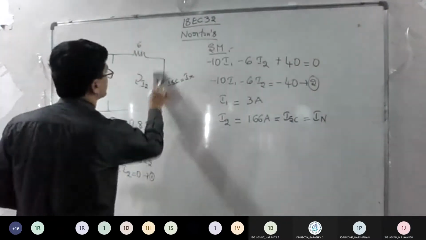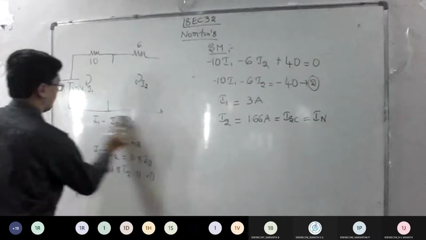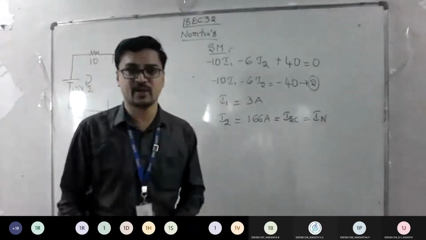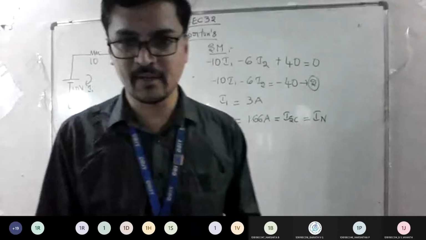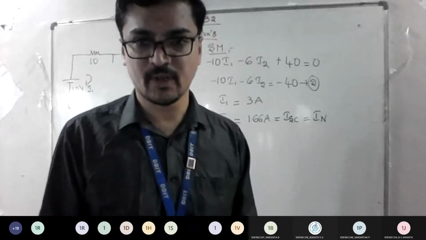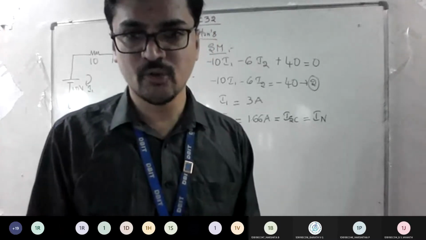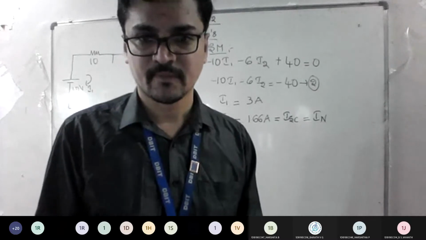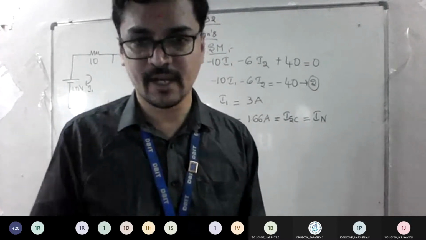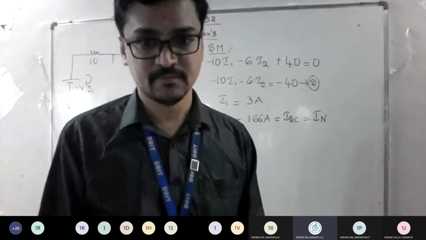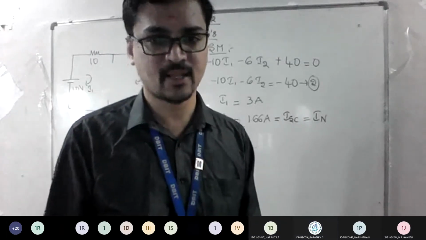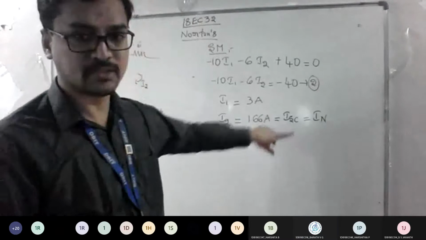So let me go back to the question to find your RTH. What was the rule we followed in Thevenin's? Whenever you have a dependent source problem, what is the concept you applied? RTH is equal to VTH by what? R is equal to V by I. Correct? So the same way here also you need to apply that logic.